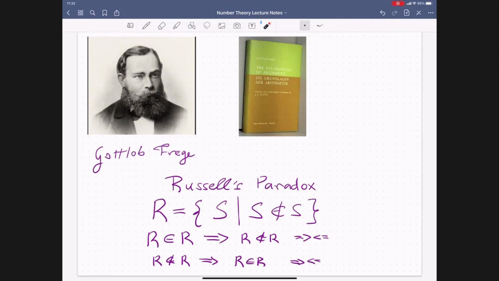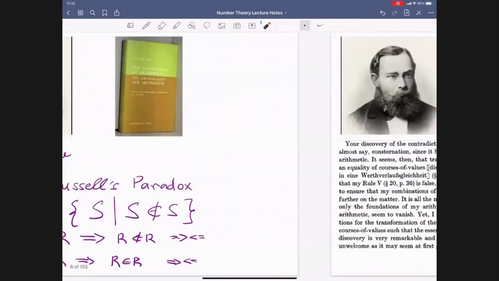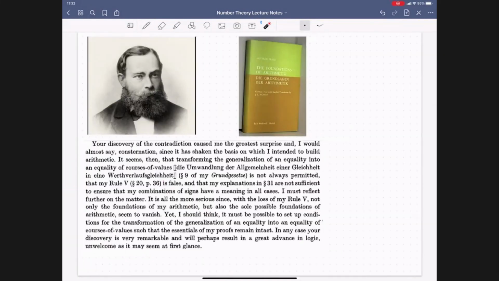And that's what Russell's paradox gets at: if you're given objects, it is not the case that there is a set that contains those objects. And this was the nail in the coffin for Frege's work. But Frege responded graciously to Russell. So Russell wrote to Frege,